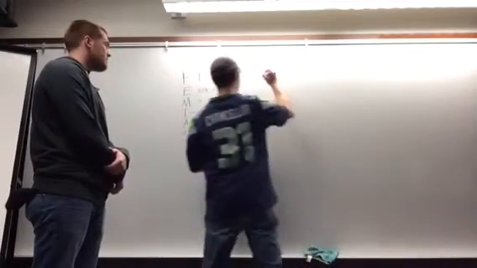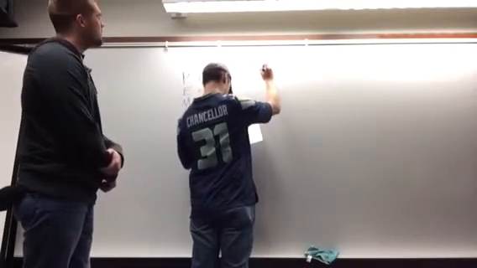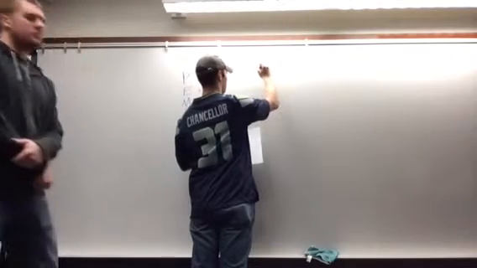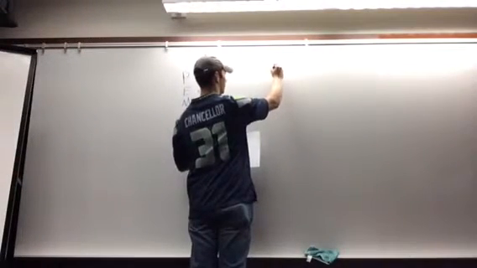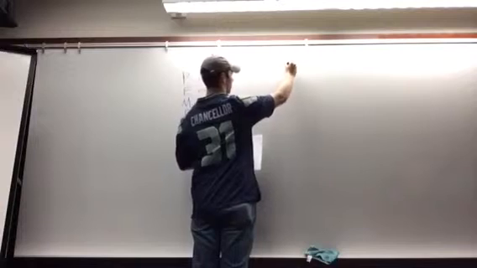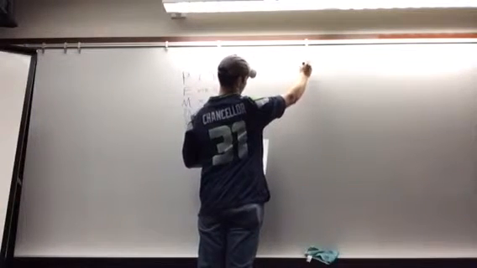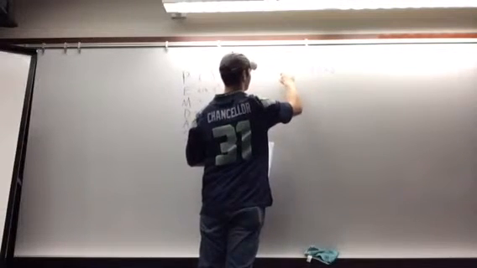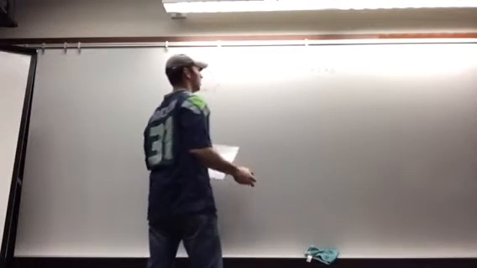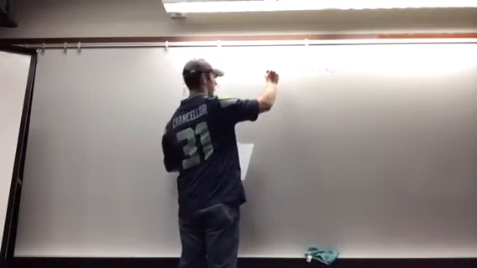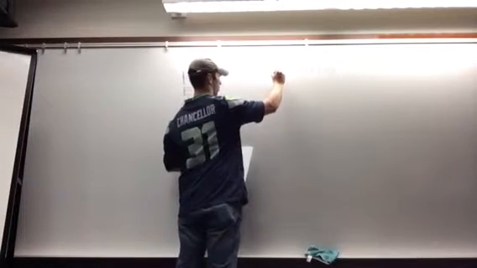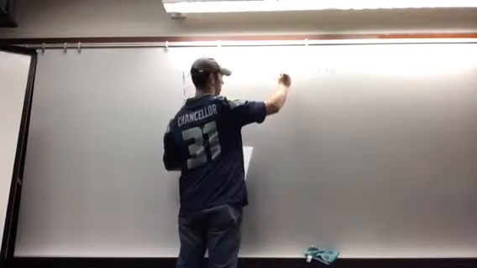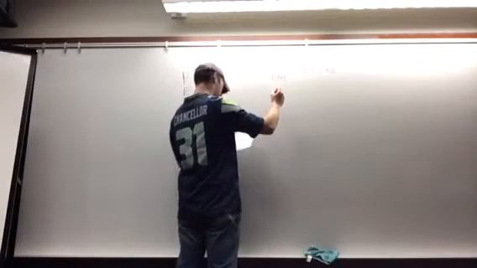Okay, so you have 8 to the 6th, right? Which equals 8 times 8 times 8 times 8 times 8 times 8. That's 1, 2, 3, 4, 5, 6 eights. Very good. So you do 8 times 8 first. Yep. That's 64. And you bring down the next 8, and that equals